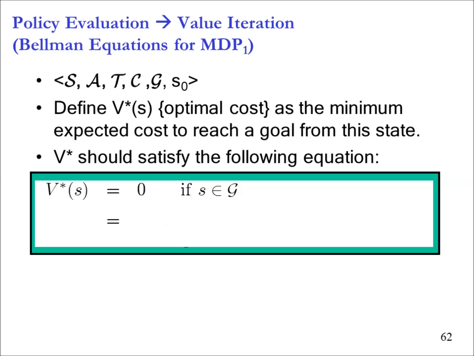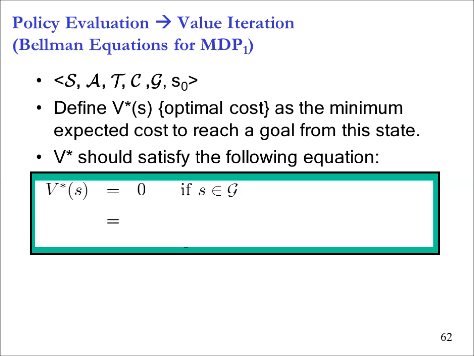So what I'm going to start with is a definition of V star of S. It is defined as the optimal cost, that is, the minimum expected cost to reach the goal starting in this state. Notice that this is different from V pi, which was the expected cost to reach the goal starting in state S while following policy pi. Now we have no policy pi. There is no fixed policy that we are going to follow, so we have to do the minimum expected cost to reach the goal. Okay, you have to compute the optimal cost. Again, if it is the goal, the V star of S is 0. Because I have already reached the goal, I don't have to do anything.